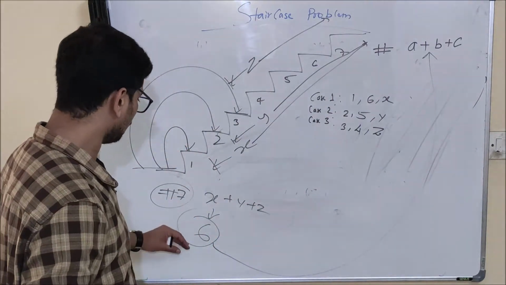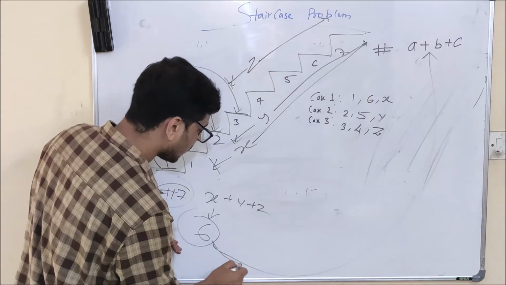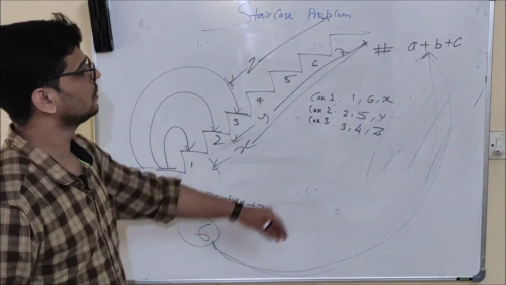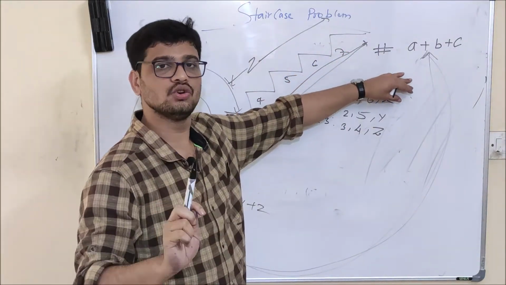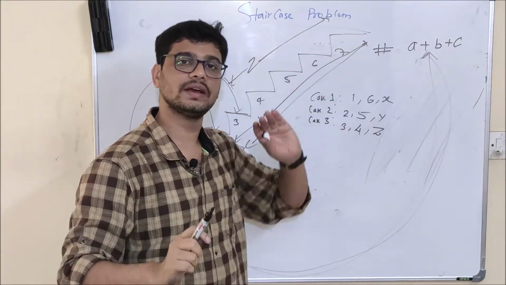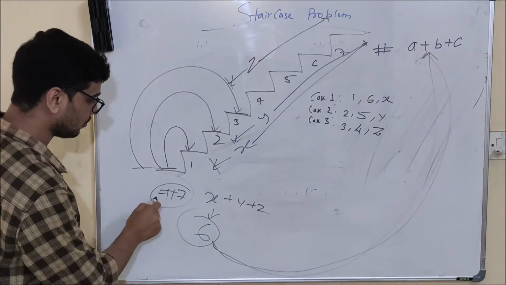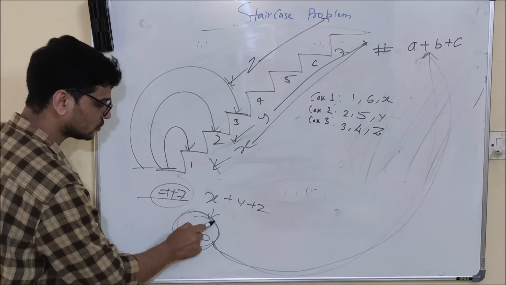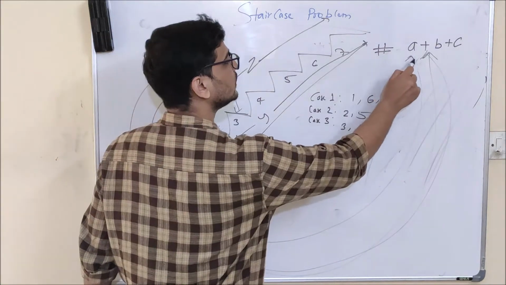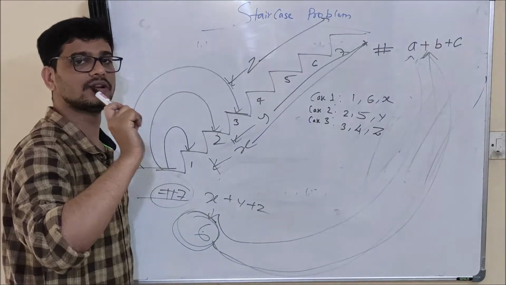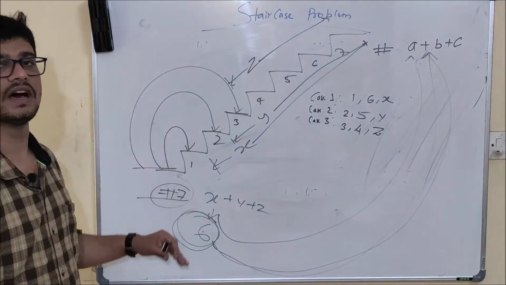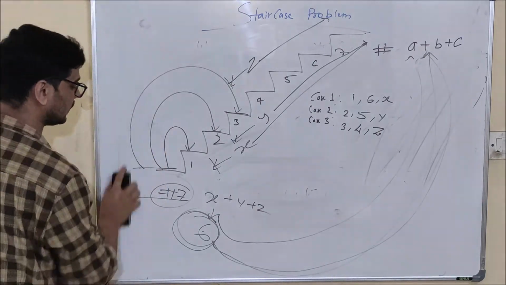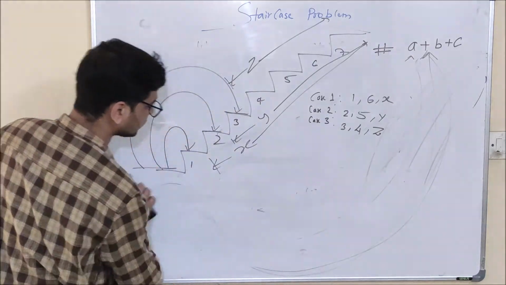Okay, so you can see how we are finding this recursively. So basically we are going to find the values of A, B and C recursively. Like from here we are going to call a function to calculate 6, and 6 is going to call A, B, C to find out its answer. So this is our recursive equation. Now let's take a general case and derive the recursive equation.